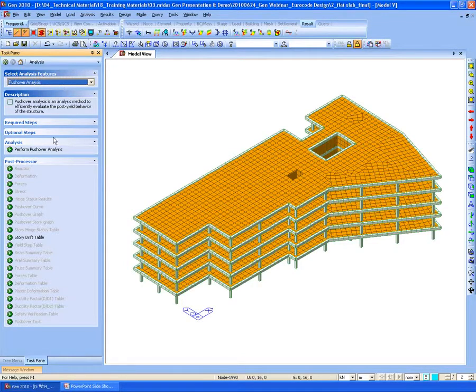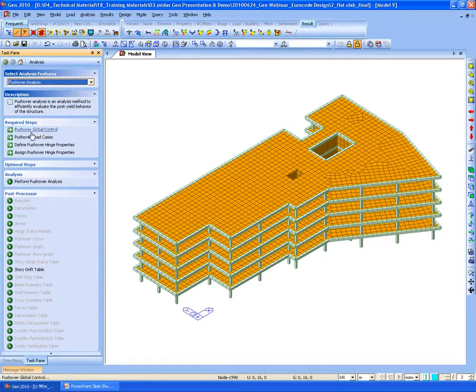This task pane shows the required steps or related functions. For example, for pushover analysis, the required steps, performing the analysis, and related post-processing can be checked in one place. Or for some other advanced analysis, you can use this task pane.